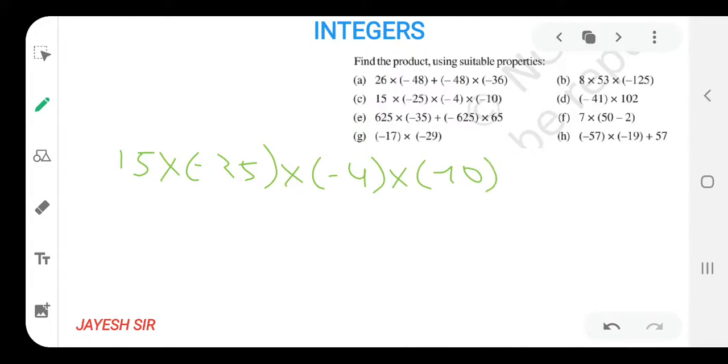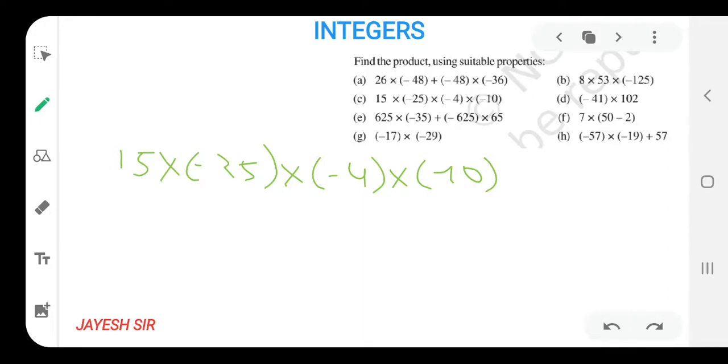Yes, friends, I hope you all might be getting it. That is a very easy sum based on my calculation. If I am supposed to calculate this sum, then what would be my answer? My answer would be minus 15,000. I have done it, and our answer is minus 15,000. So let's see how minus 15,000 comes.